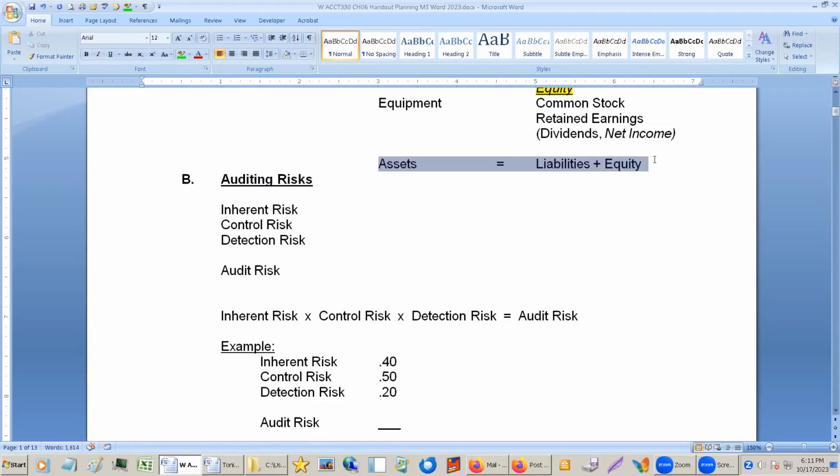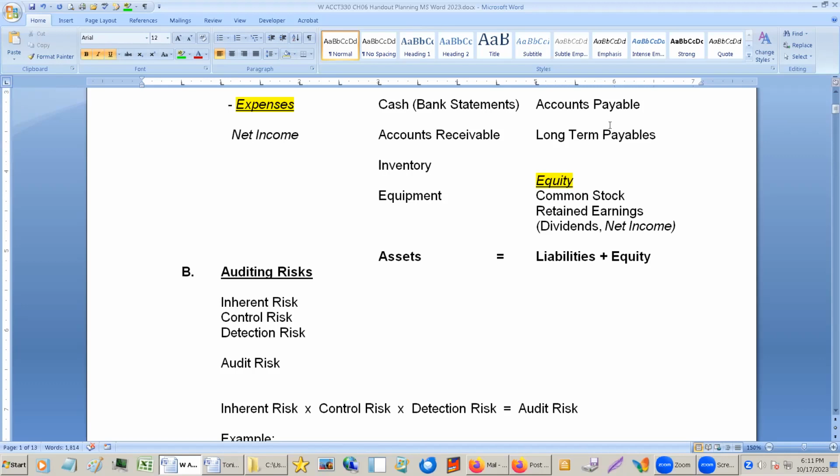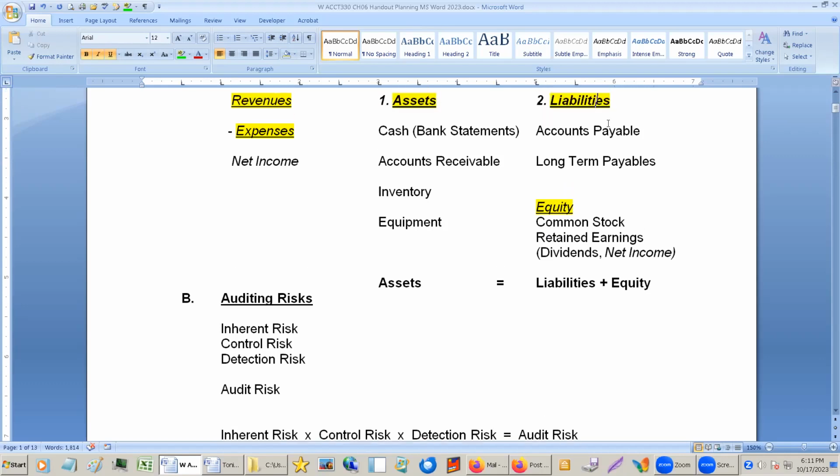Okay, so we know that assets have to equal liabilities plus equity. So if we know that assets are okay and liabilities are okay, we also know what? What else is okay? Oh, you guys are toying with me. This is so obvious. If there's no problem with the assets and there's no problem with the liabilities, that means there's no problem with